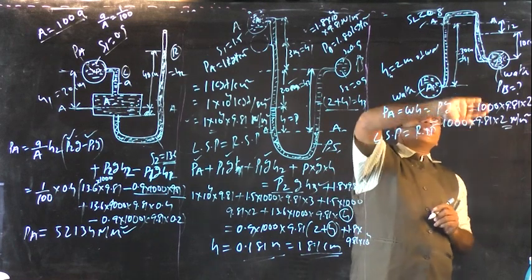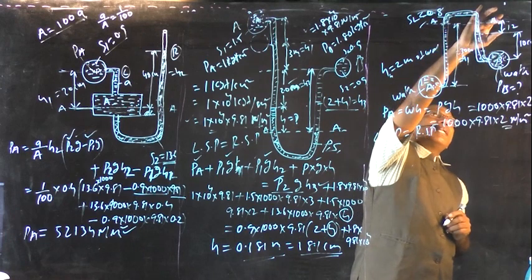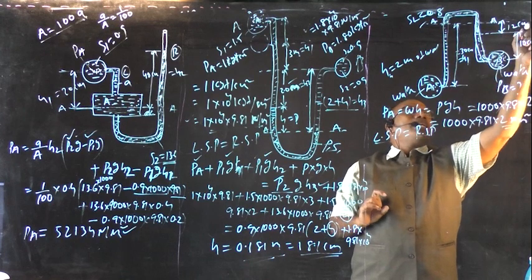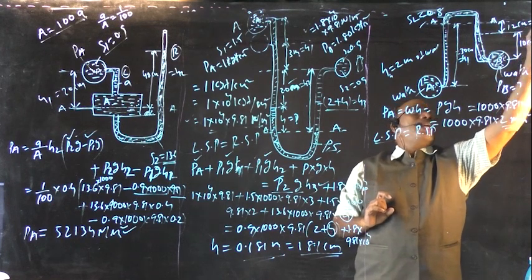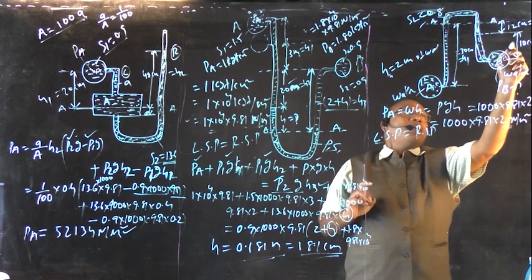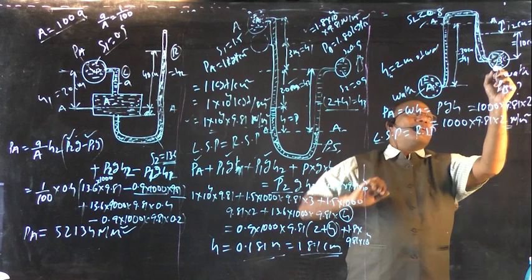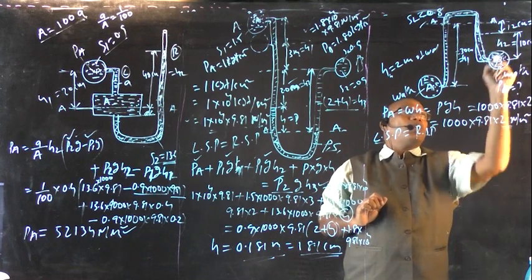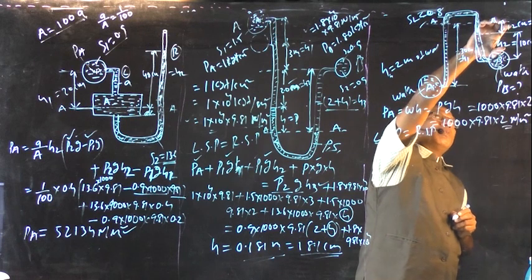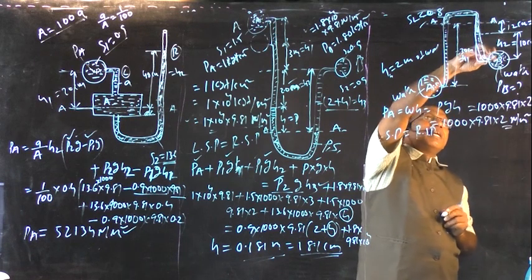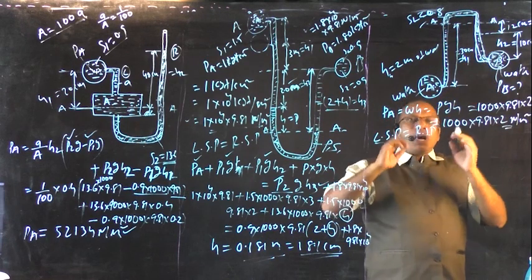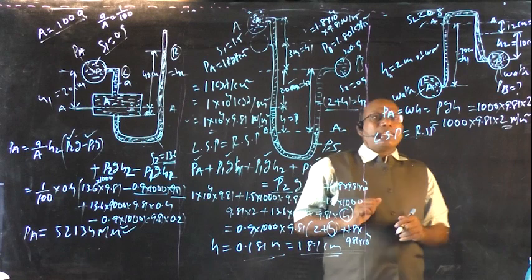And on the right side, we have two columns. One is the light liquid column, that is 12 centimeters, say HL. And one more column, 10 centimeters, is because of the liquid in pipe B, that is H2. These are two pressures, and one more pressure is because of the flowing liquid in pipe B, that is PB, which we are going to determine. Now left side pressures must be equal to the right side pressures.